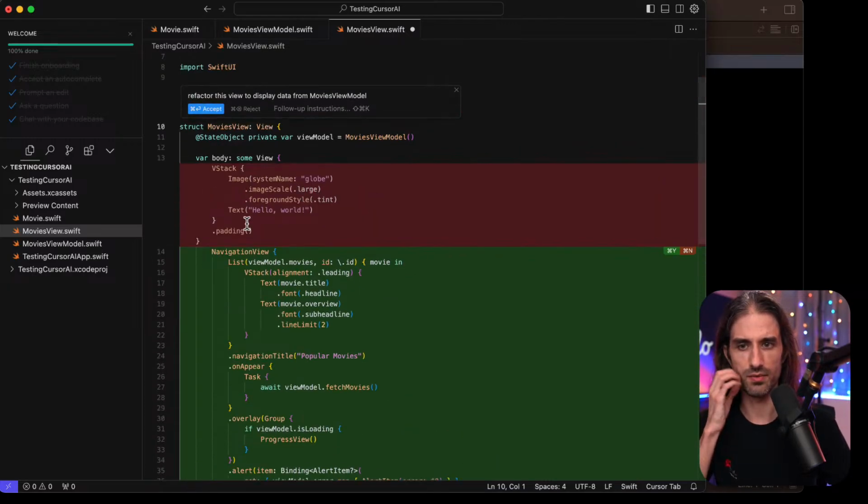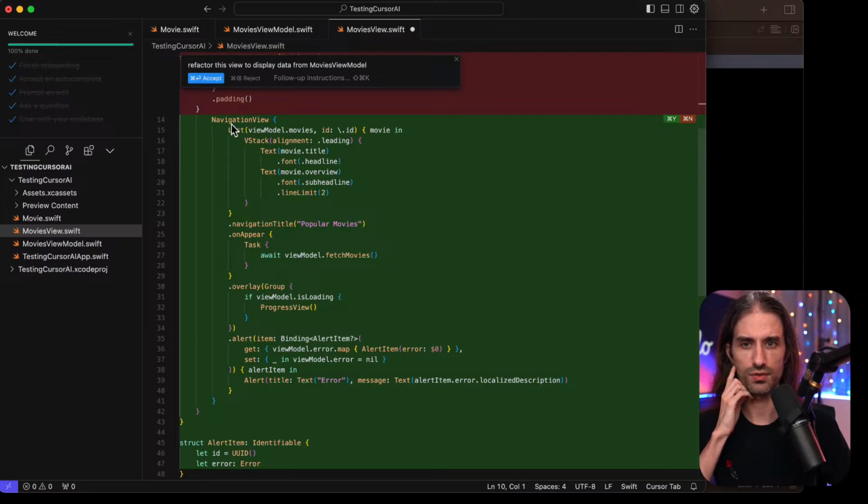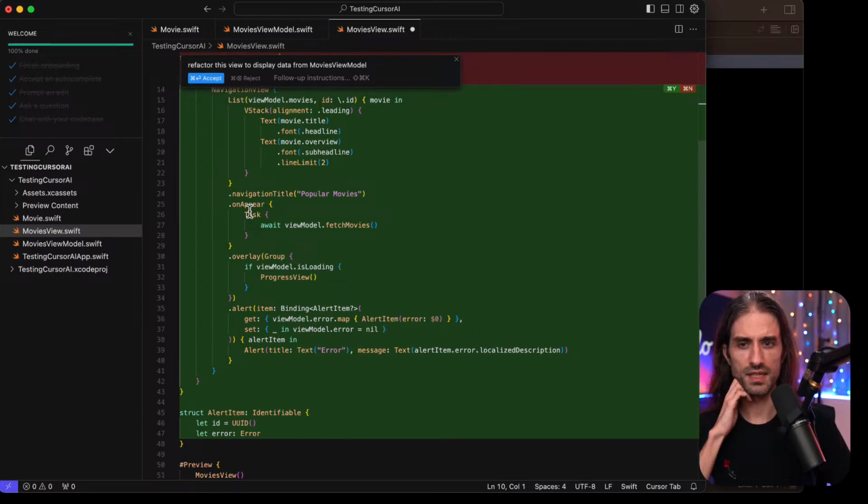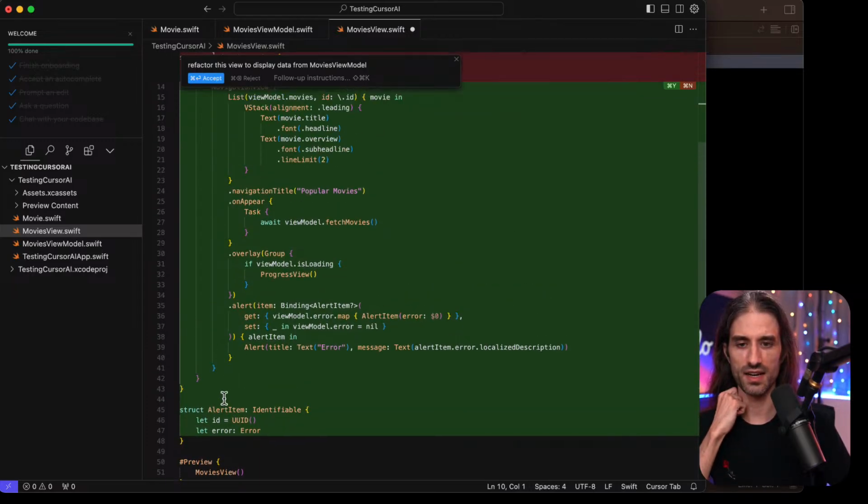Then it's removing the content of the body and instead, a navigation view, a list of movies. Okay, movies is not identifiable, but it does pass the ID, so that's correct. And then movie, VStack, title, overview, navigation title, on appear task. It could have used the task modifier, but that's still pretty good. And then there is even a loader, so overlay, group, if view model is loading, progress view, great. And then an alert for if there is an error, and it creates the alert item here.